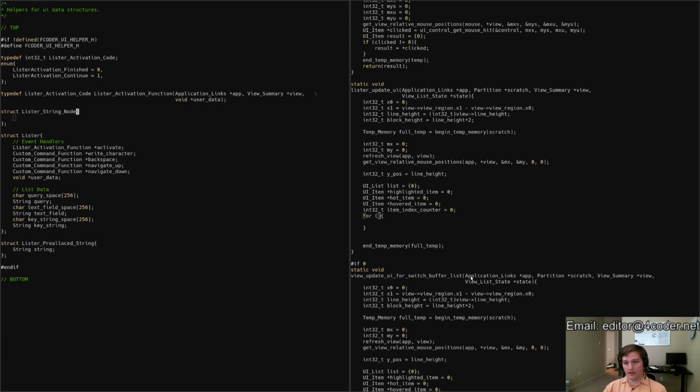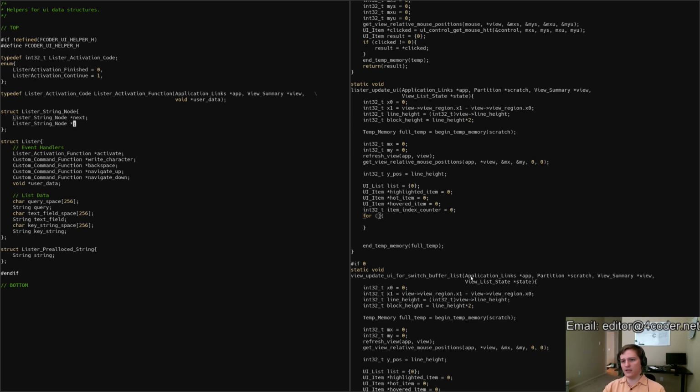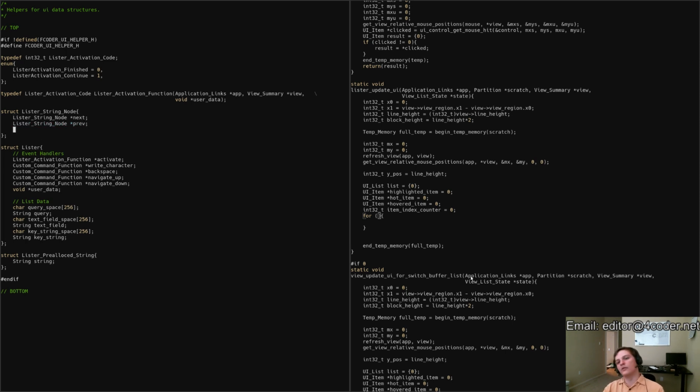Basically what we need is each of these needs a next and prev to link it in. Really it just needs a next, right? I mean, this is a singly linked list, if we're going to iterate it in one direction every single time, unless you ever want to edit the list. Alright, I'll just put the previous in there, as I always do. So we're going to iterate the list, and then